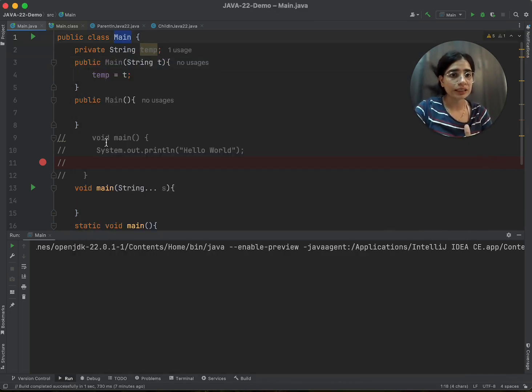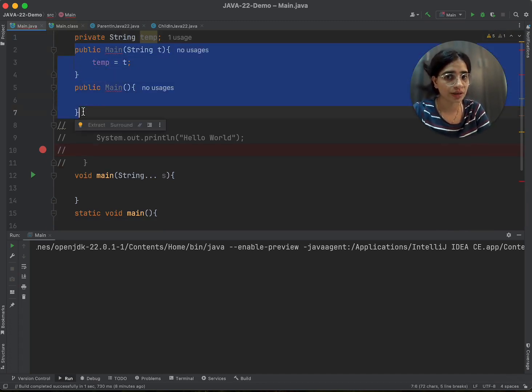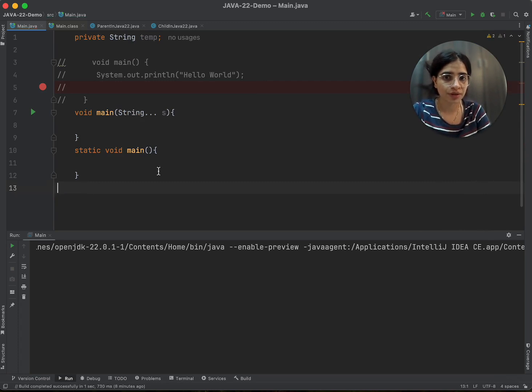There is one more thing that you can try whenever you're trying your main method. Now instead of giving a name to every class, you can declare some implicitly declared classes. So the point is, now you're not required to provide a name to every class. So for example, I'll remove this public class main, because main class is gone, so you have to remove these constructors because now main is not understandable. I'll just remove the constructors and I'll remove this close braces. Now you can see this is still running fine.